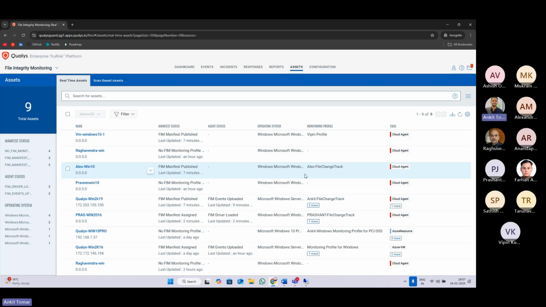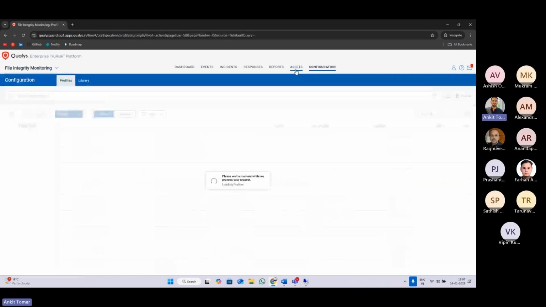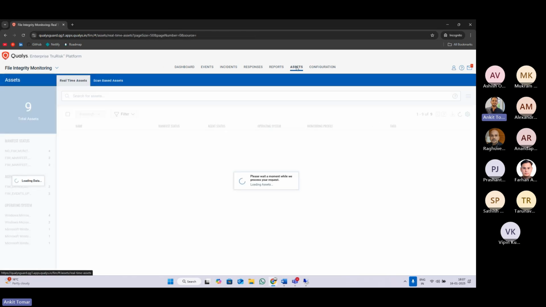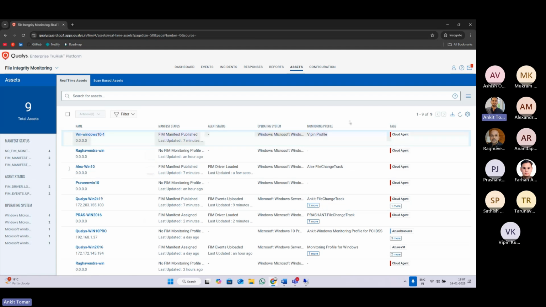This step is for those people who don't choose their assets while creating the monitoring profile. If you didn't choose them, you can choose from here. Now, remember in the cloud agent where we see the agents, we can assign only one configuration profile to one agent. That configuration profile is different because it enables the modules which are going to be installed along with your cloud agent. Here you can assign as many monitoring profiles as you want